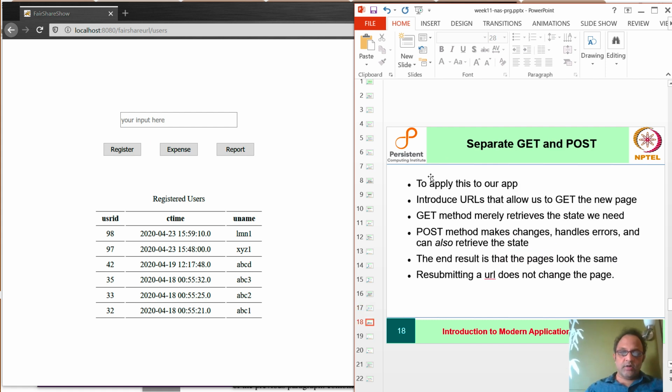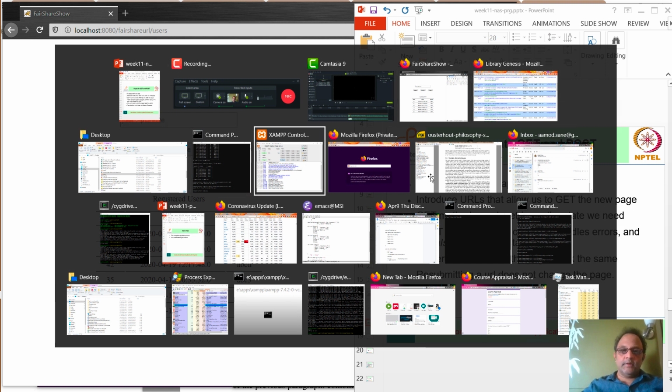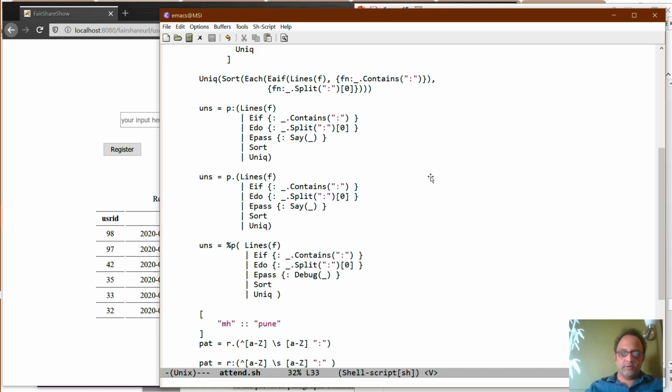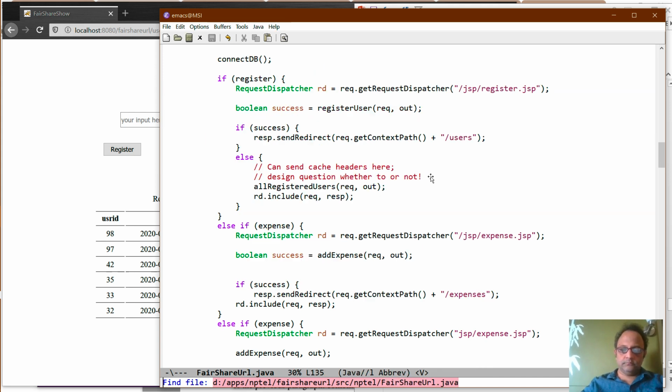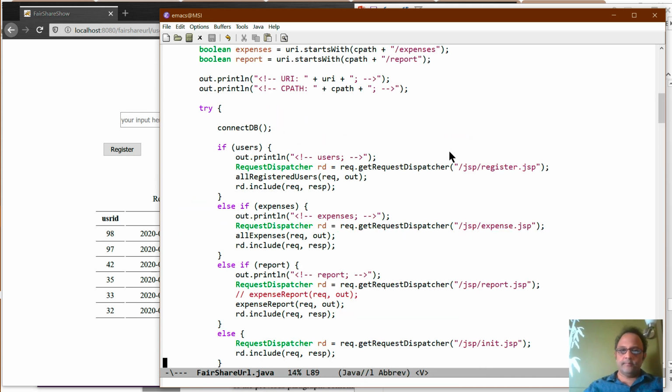How do we apply this to our app as a whole? The answer is as follows. Let's take a look at the code for fair share URL. Here we are.